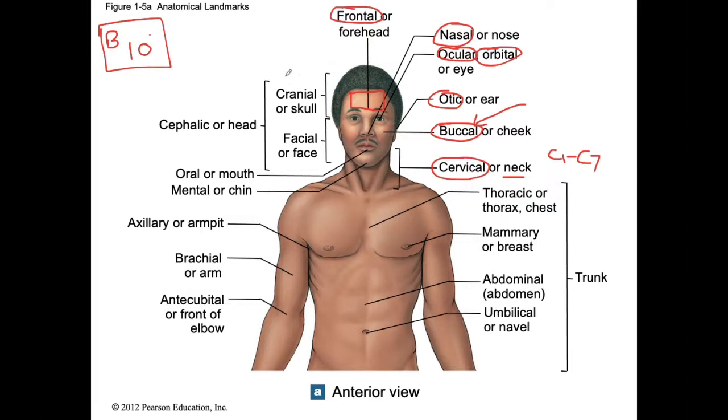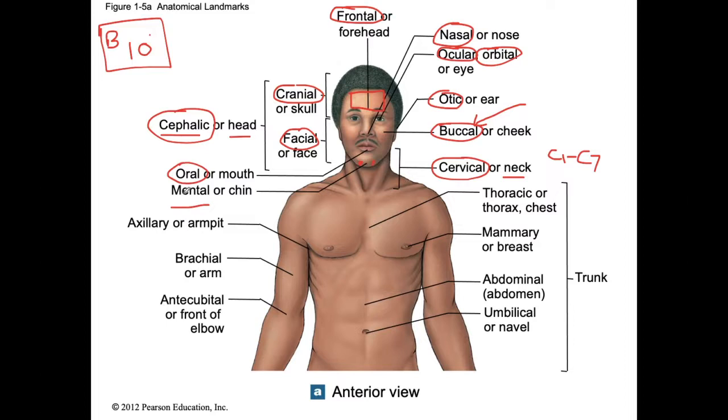We have the skull, which we refer to as the cranial, and then the face is facial. When we combine the skull or the cranial with the facial, we say it's cephalic, which means head. Mouth is oral, and the chin is mental. When we do bones, we will learn about two holes, one here and one here, and holes are called foramen